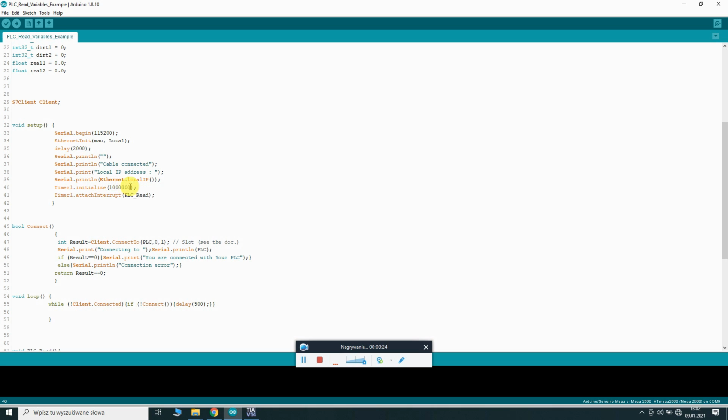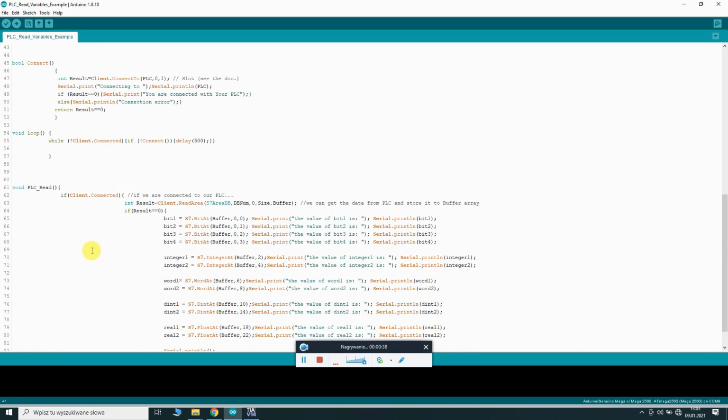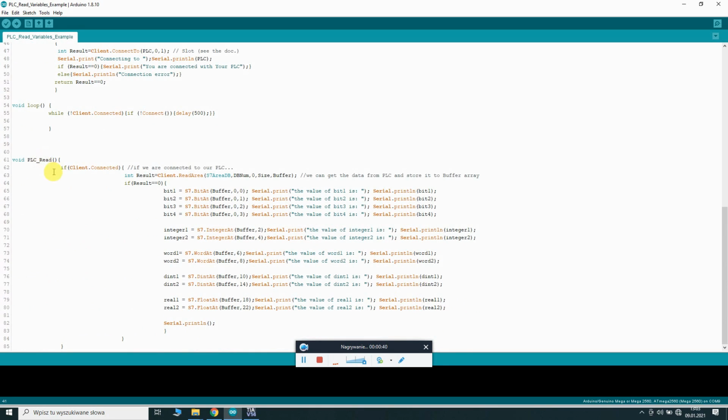So every 1 second, all the code in the loop function will be stopped, and we will jump to the function called ReadPLC. When we go there, we can see that after we are connected, we can read the values from the PLC. So if we are connected to our PLC,